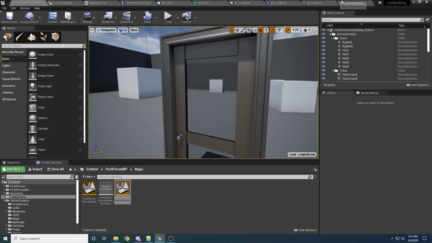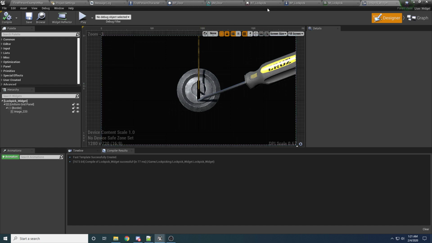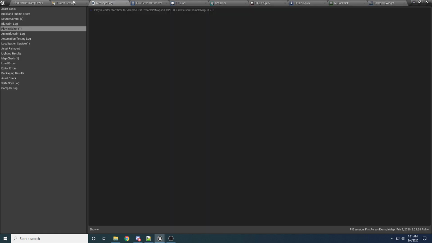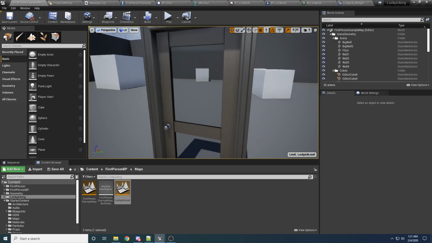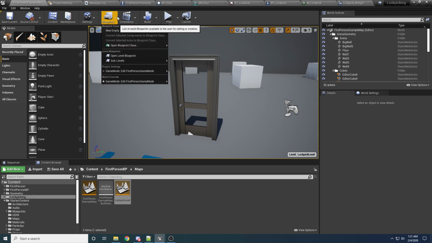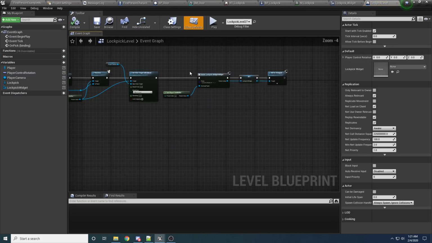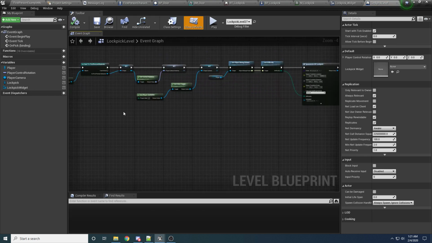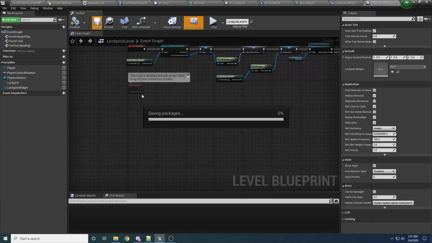So back in the lockpick, oh, this is the lockpick widget. One thing that's kind of cool, if you want to access this level's blueprint from the main level, you can come up here to blueprints and say sublevels, and then edit lockpick level. So now we're editing this blueprint again, even though we're on the other level, which is a cool little thing that I figured out. Okay, so